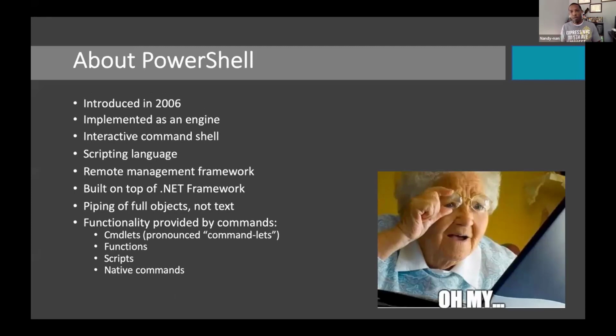All right, so let's talk about the language. PowerShell was developed in 2006, originally called Monad. It was later renamed to PowerShell. The language itself is implemented as an engine, that could be from the perspective of command line or a GUI variant. Generally when we think of PowerShell, we think of powershell.exe, PowerShell_ISE, but really that's the hosting engine.